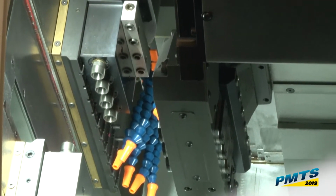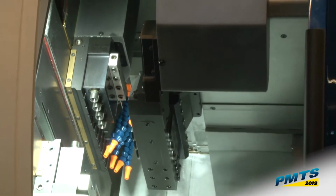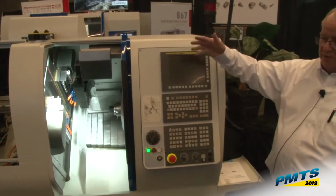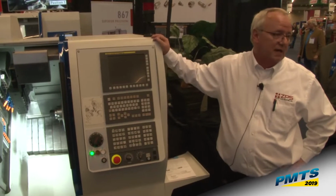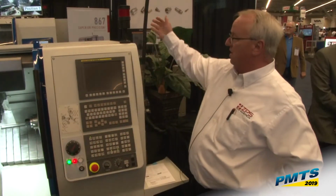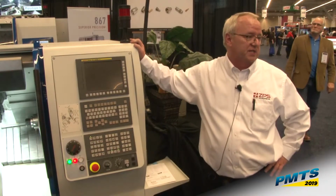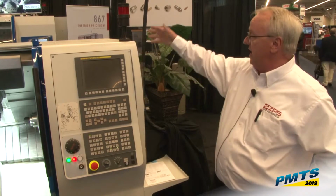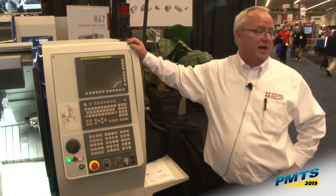Now, these are all on Fanuc 31i models. So we have the simpler machines like this, 4 or 6-axis machines, all the way up to our 12-axis 26 millimeter, which will go up to a 32 millimeter. That machine in the back there happens to weigh in at about